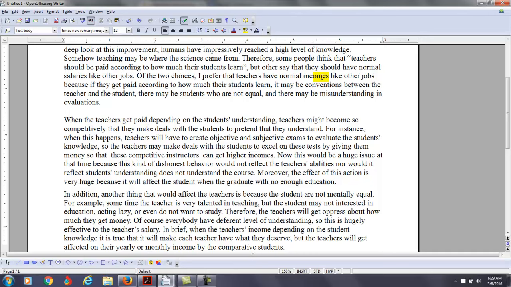So sometimes we do put S's when we're using a noun before another noun and want to show possession. For example, John's bike, I might say John apostrophe S. Now, in this case, I'm putting the apostrophe after the S because it's a plural possessive noun. You say, now this would be a huge issue at the time because this kind of dishonest behavior would not reflect the teacher's abilities, nor would it reflect students' understanding